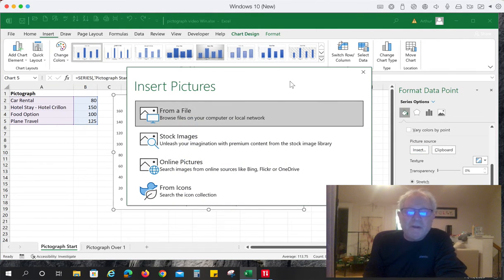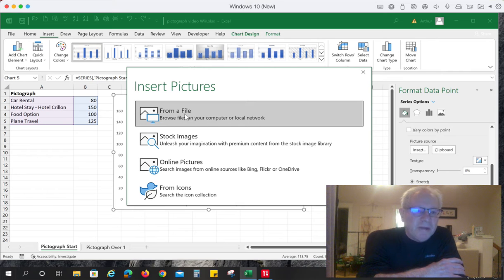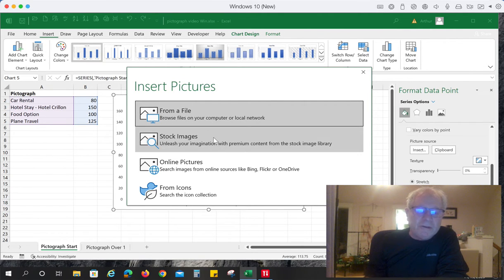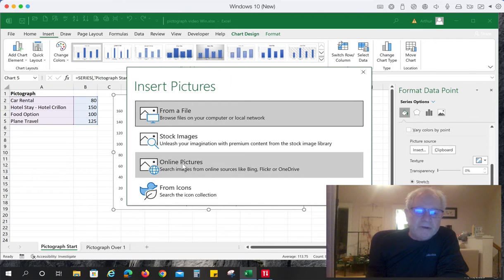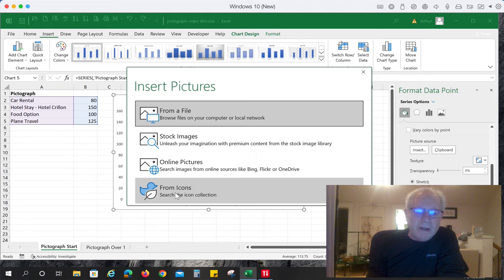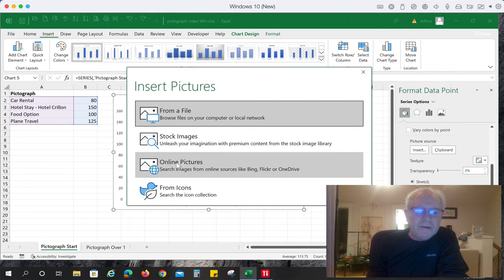And what pops up, again, this is Excel for Windows, are four choices. From a file is if I had already searched for the images and saved them locally to my desktop or to a folder on my local system. Stock images is just part of Microsoft's image library. Online Pictures allows you to search using Microsoft's Bing browser, and they also have an icon collection that you can choose from. We're going to go with the Online Pictures,